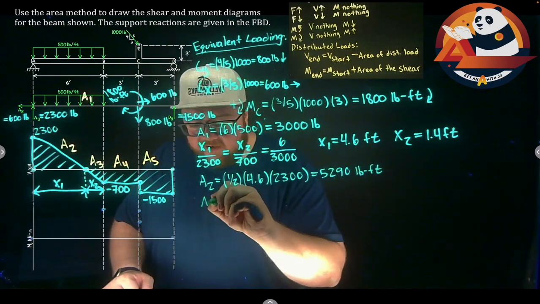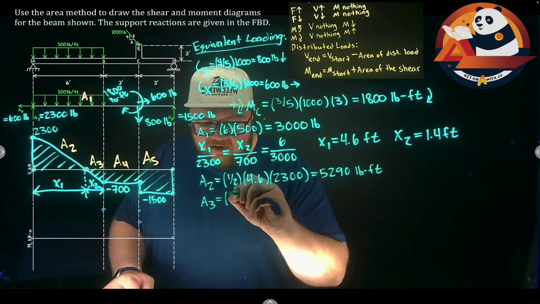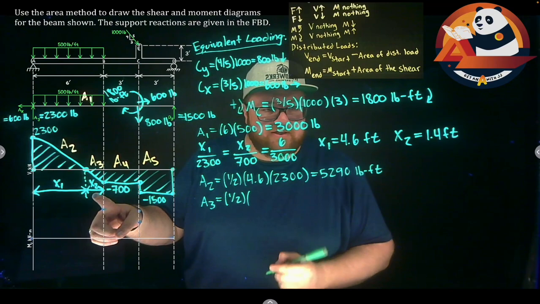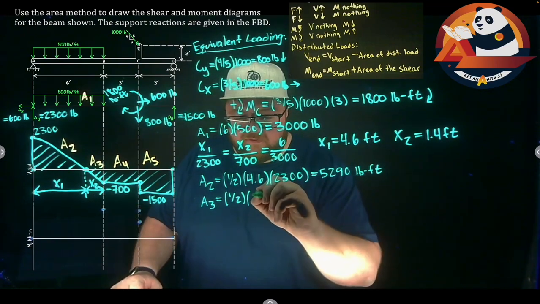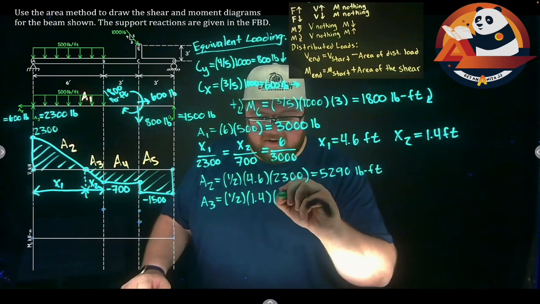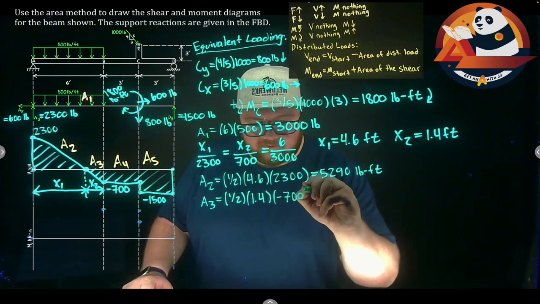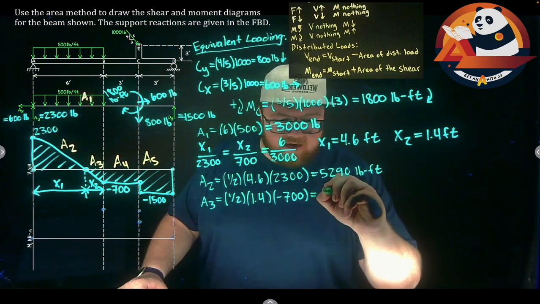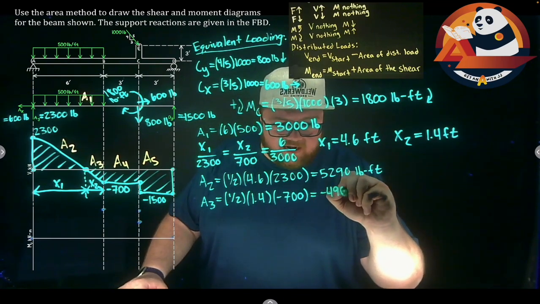My area 3 is also a triangle, so 1/2, base of area 3 is x2. x2 we just got is 1.4, so base times my height, -700, or area 3 ends up being -490